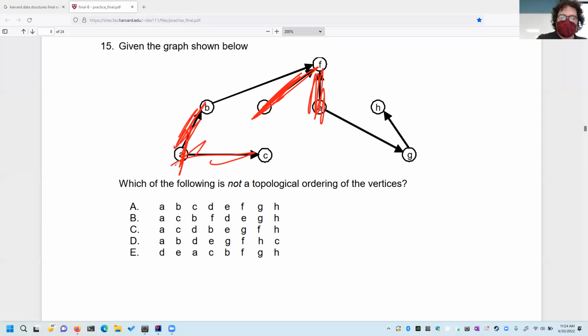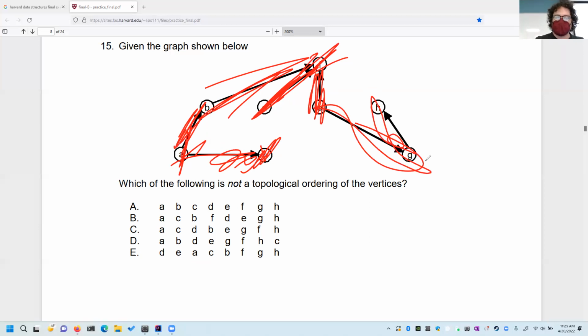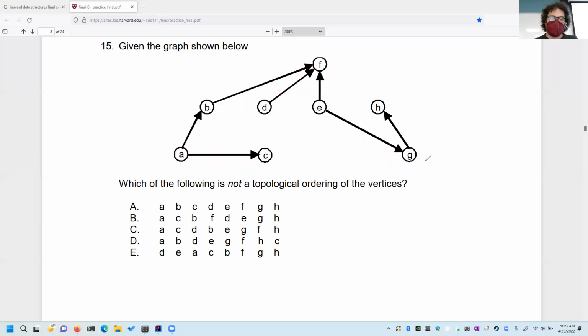So A has no incoming edges, C has no incoming edges, nor does B. Then F has no incoming edges, then G, then H. So that's a topological ordering, and now it's looking for the one that's not. So A, B, D. So let's go ahead and look for the next one. A, B. So this is D I'm looking at. A, B, D,